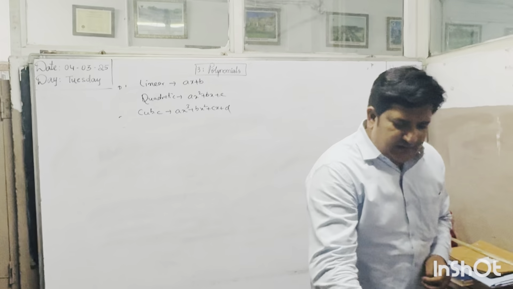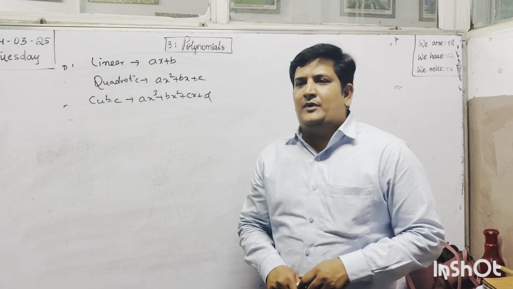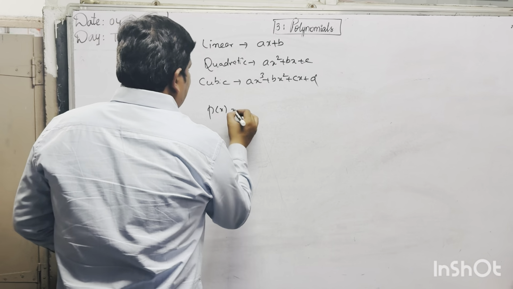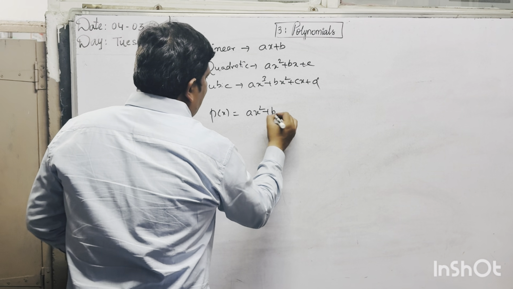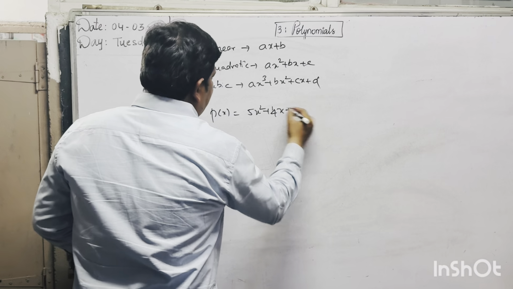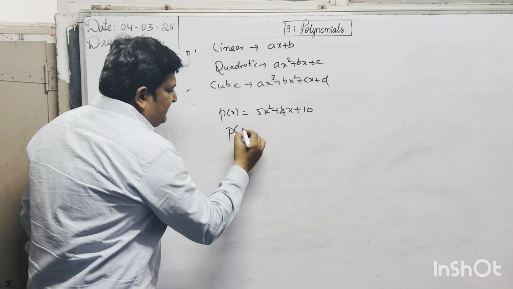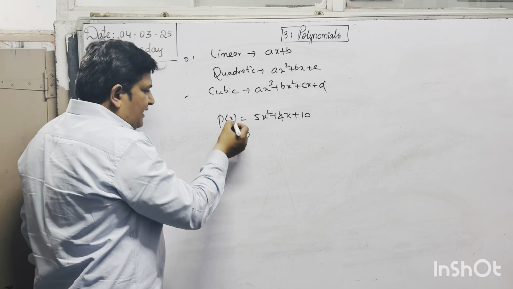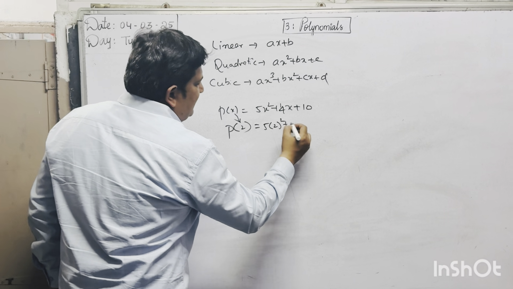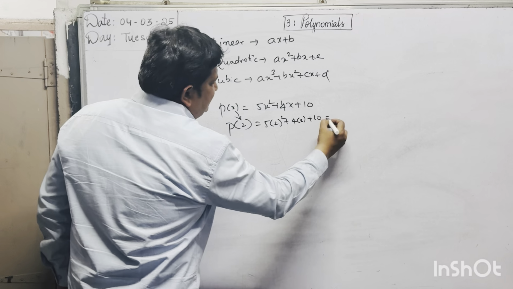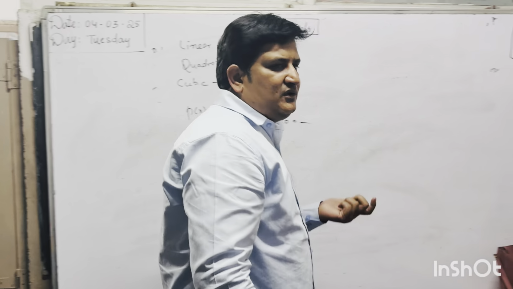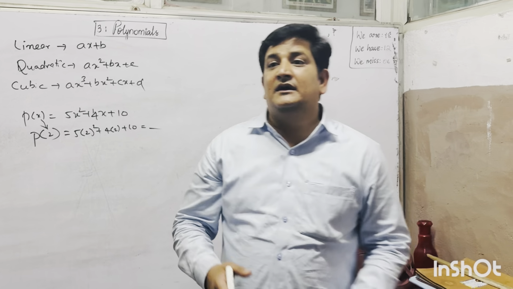Then after that value of the polynomial. So how you will get this value? For example, p of x is equals to 5x square plus 4x plus 10 only. Now I ask, what is p of 2? Then what you will do? Substitute 2 in the place of x. 5 into 2 square plus 4 into 2 plus 10. Solve, you will get the answer. This is the value of the polynomial. Next, more what you have in the polynomials. Next topic,